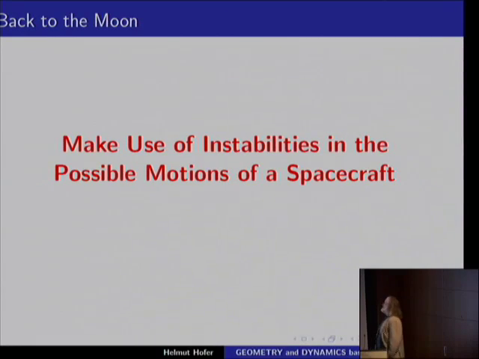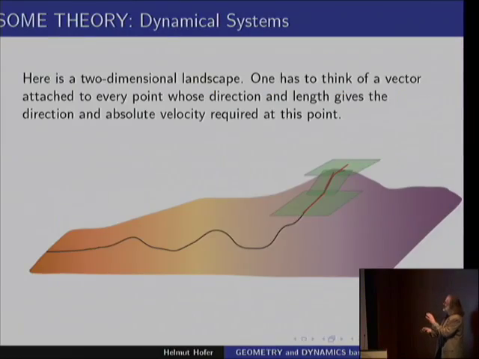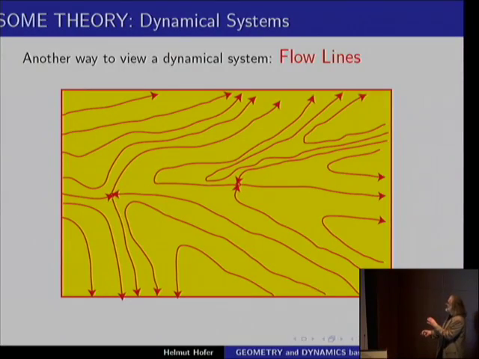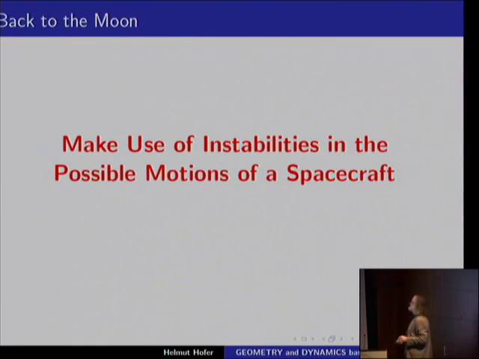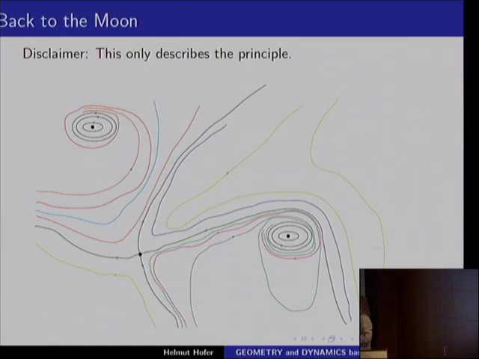Okay, so this kind of picture which you saw now has all this stability, this instability is built in here, and you use this in this problem in celestial mechanics to bring these spaceships from one place to the other. That's the idea. Okay, so here this only explains the idea for this spaceship.